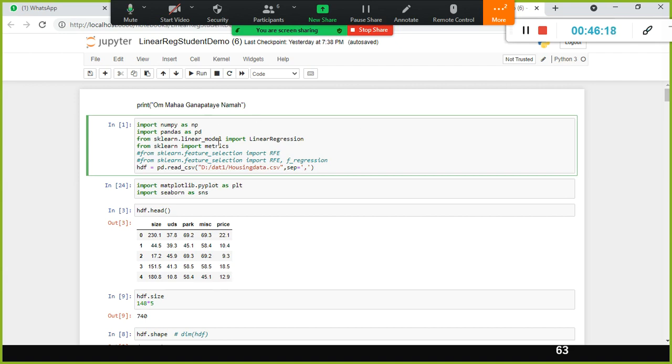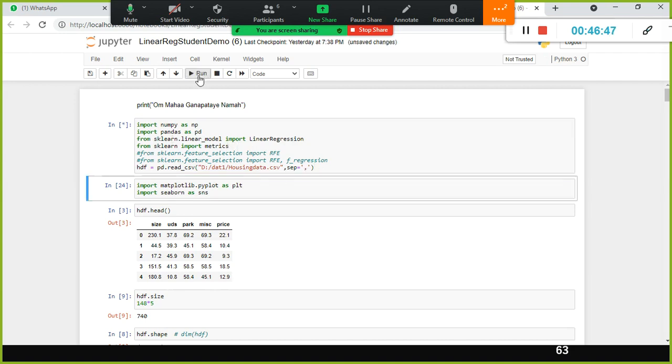Okay, so NumPy, pandas, but in the case of Python, the sklearn package is a very popular package. This is the one used to implement machine learning models. Here, from sklearn.linear_model I imported the LinearRegression method, and then from sklearn I imported metrics. I also imported the data set.